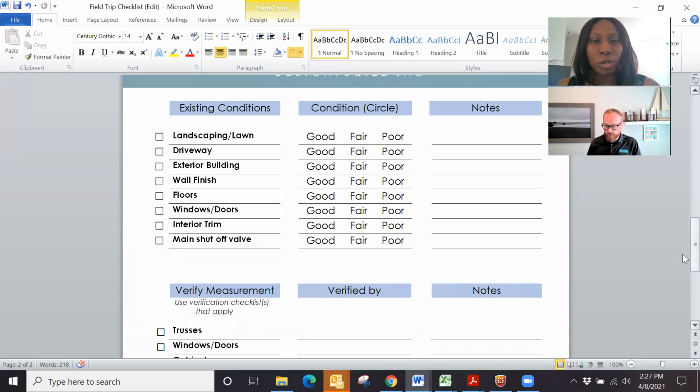Next thing we want to do is assess existing conditions and make a note of those things. This is super helpful for when we do punch out. There are times when we can't determine who did what. Did we damage stuff? Did our trades damage stuff? Was it damaged prior to us? Are we marrying it? So it's important to make a note of the condition of these items before we ever